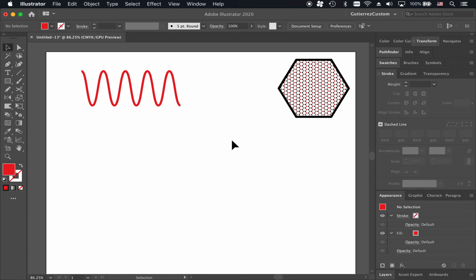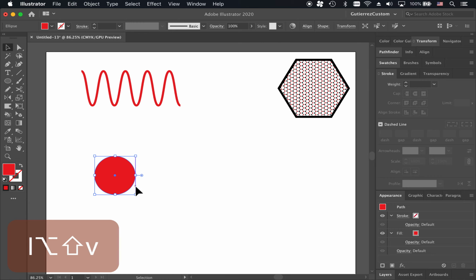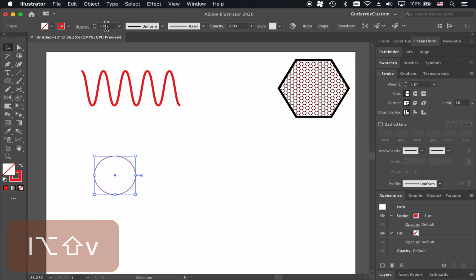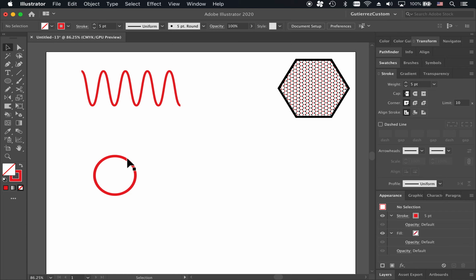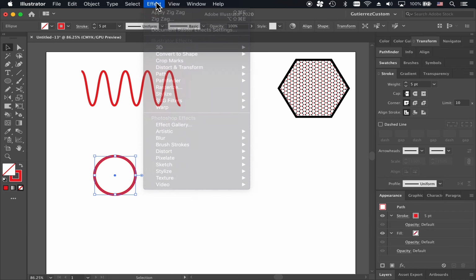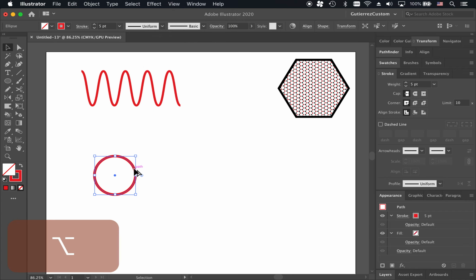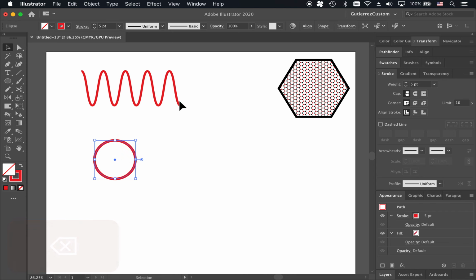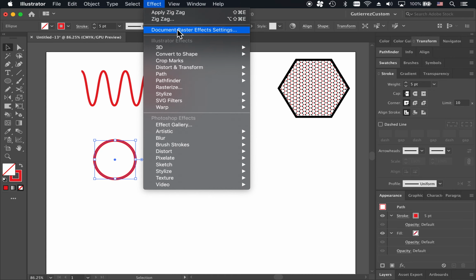So another useful way to use the transform section of effect is, let's show an example. Let's make a circle, and let's make this with no fill. Now suppose that I wanted to make duplicates of this circle. We can go to effect. I mean, we could of course just duplicate using alt, doing this way, but I'll show you there's one really neat way to do this using the transform in effect. So we go to effect, distort and transform,